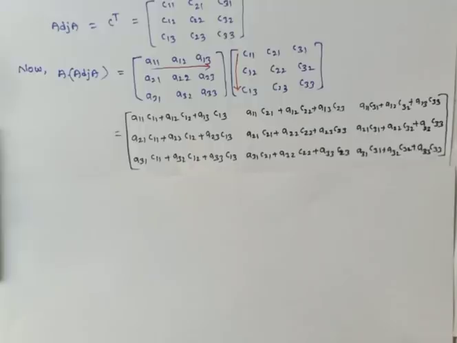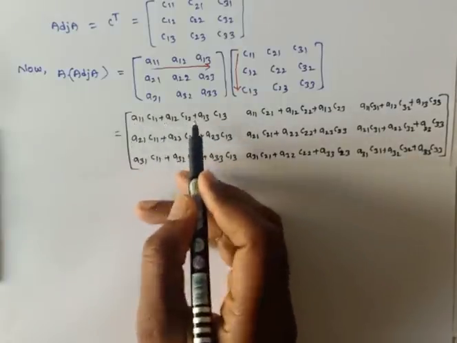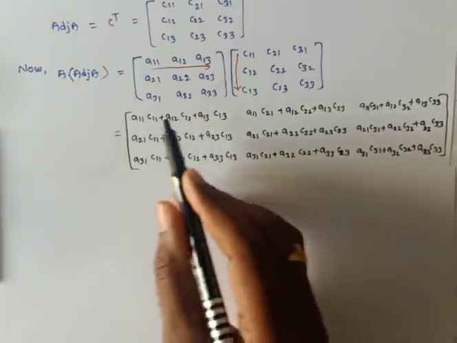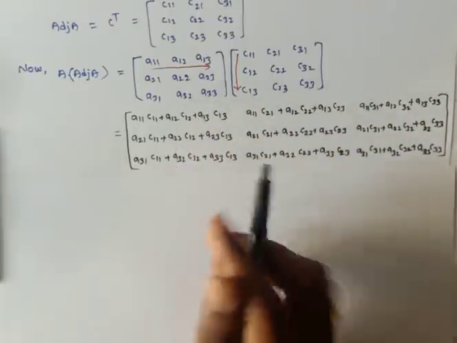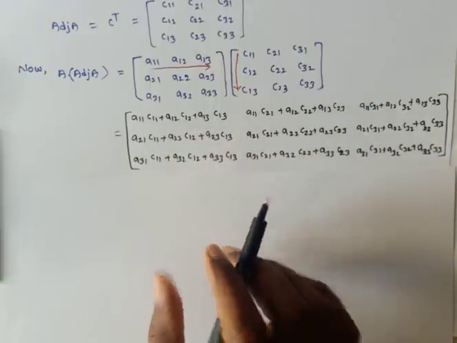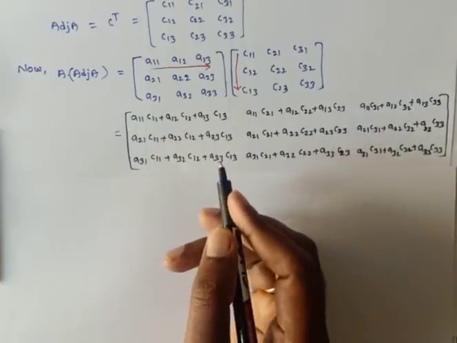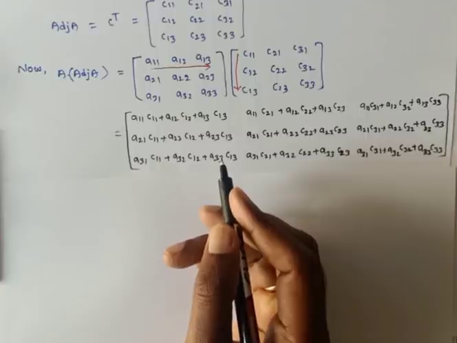See here, so you can observe the things. You know A11, A12, A13 and so on, A22, A31, A32, A33. They are the elements, and C11, C12, C13 indicate the cofactors of the elements of the matrix A. And so we have a definition and a property. What is the definition of a 3 by 3 determinant?